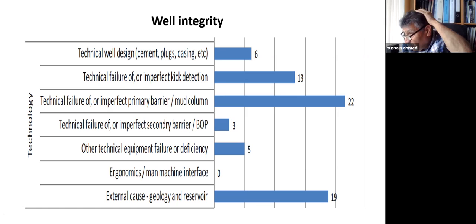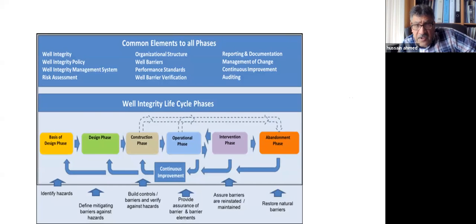A good example, a good case study for integrity is what happened in the Gulf of Mexico with the company British Petroleum. If you remember that, maybe there's also a movie for that called Deepwater Horizon, if you have seen it. So that problem was very much an integrity problem. It was a failure of the wellbore integrity. So with integrity, you talk about exactly the life cycle of the well.